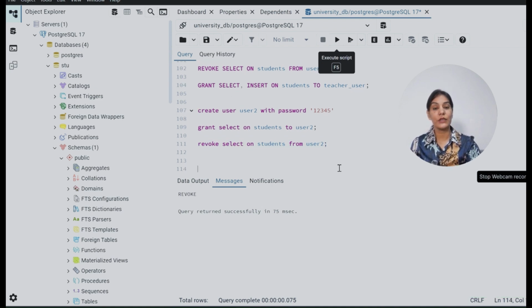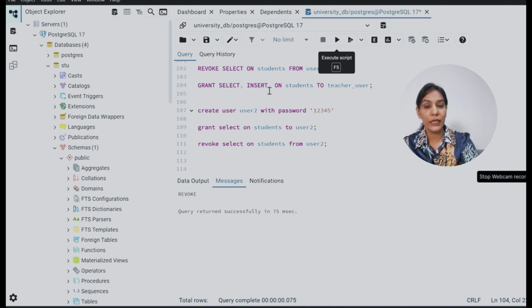Similarly, you can create a user 3, then you can give. Here, I'm going to highlight this part. I have given two privileges, select and insert. Whenever you want to give more privileges in the system, you have to separate them with the help of a comma. I will give delete as well, so I need to separate those with commas. If you want to allocate all of them, then use ALL with grant.